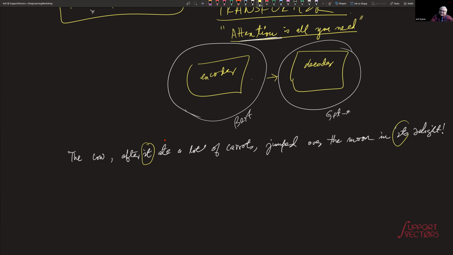And likewise, it's in its delight. Whose delight? The carrot's delight, the moon's delight, or the cow's delight? You see how this needs to know what the it refers to. What is the context of the it and the its in this sentence,